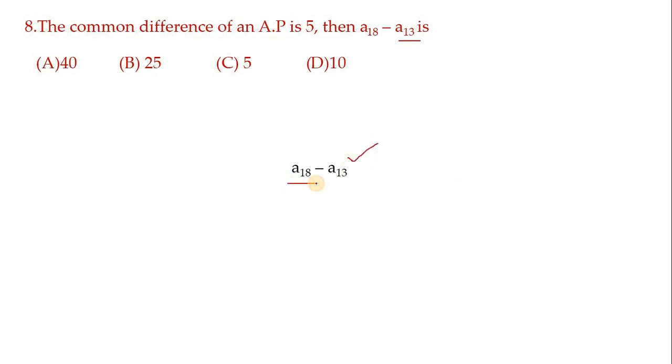So consider this. In the place of A18, write A plus 17D, minus, let it be as it is, and A13 is A plus 12D. And maintain the bracket, children, because it is a binomial. Whenever there is a binomial, or in front of a binomial a trinomial with many more terms, you have to maintain the minus and the bracket. So now multiply these terms.